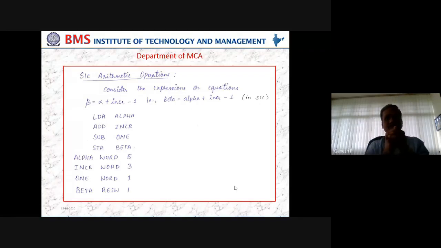Now we have to look at the big picture. SICXE means we have so many registers, 4 types of instruction formats, 3 types of data formats, so many flexibilities with respect to the instruction set. All those should come to your mind when somebody asks you to write a program in SICXE. So utilizing those, we have to write.